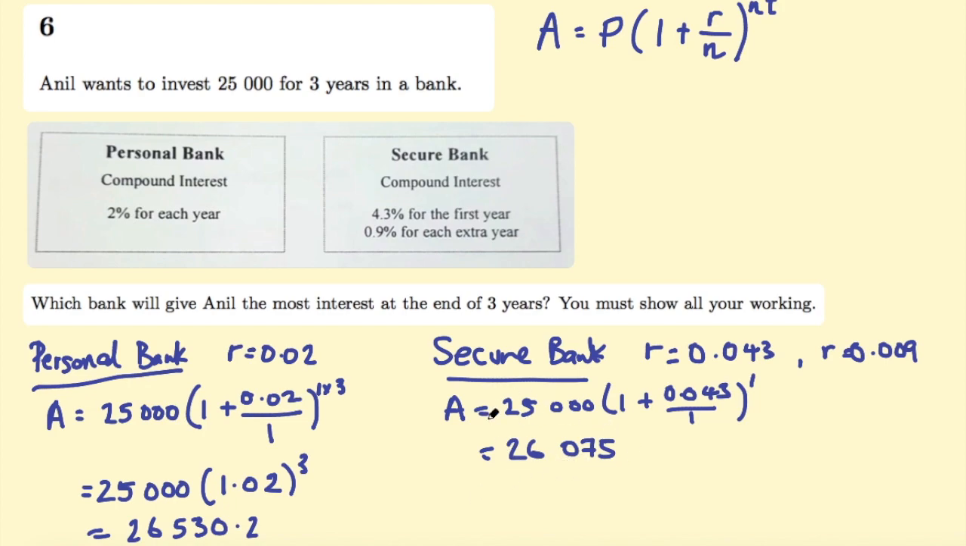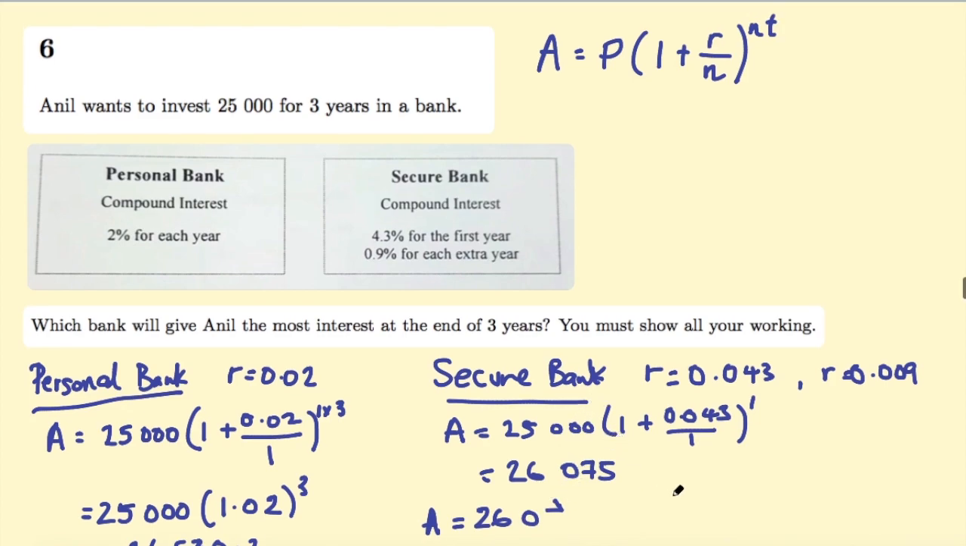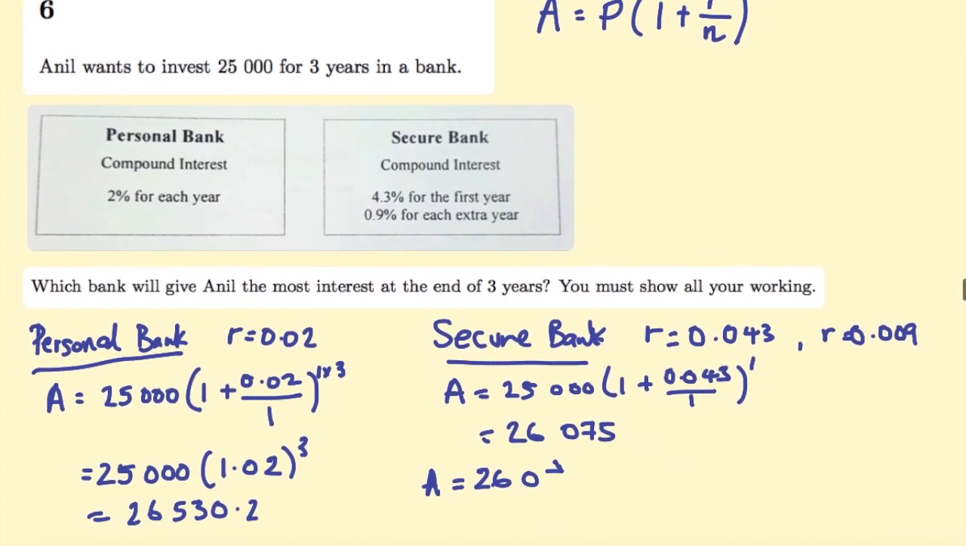Then you have to use that as the principal for the next part of the calculation. So make sure you're putting this number into the new calculation, which is 26,075 times 1 plus 0.009 over 1 to the power of 2 this time. And if you work that out, you get